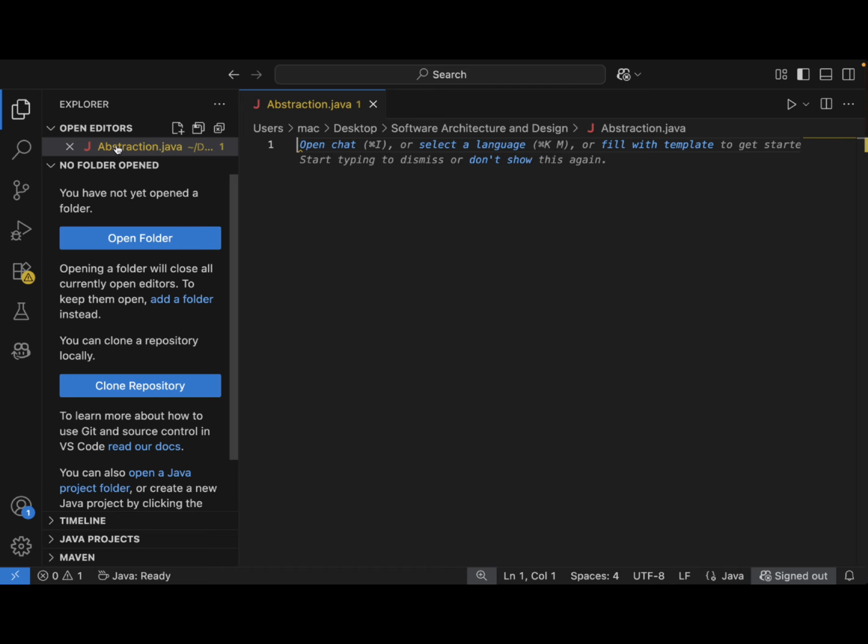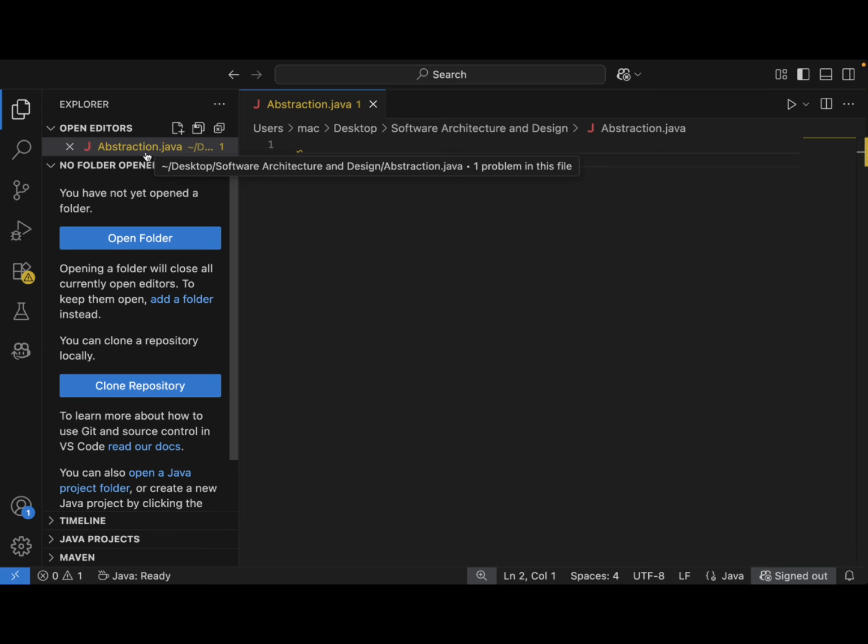Now I have to add the main function, and for that I have to add a class. You might already know that in Java we have classes, and the public class should be named the same as your file. For example, our file name is abstraction, so our public class will also be named abstraction. So I'm going to add a public class abstraction,